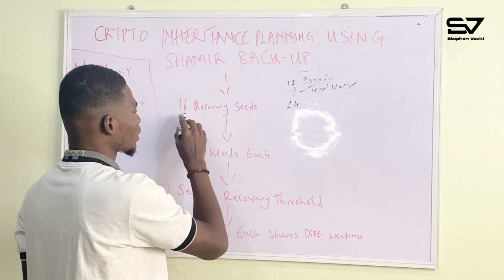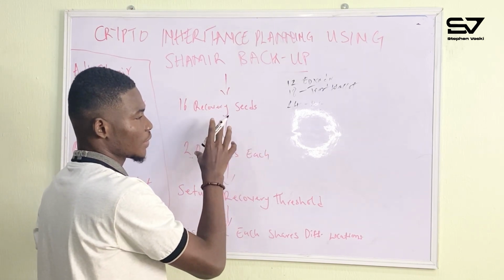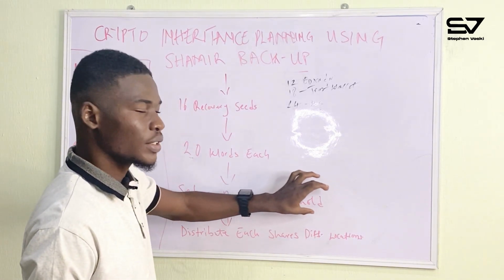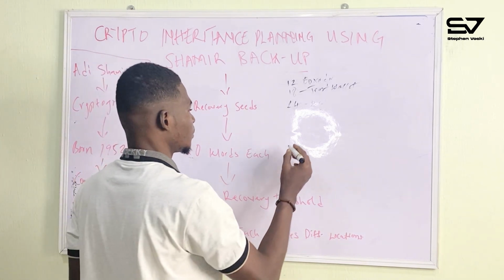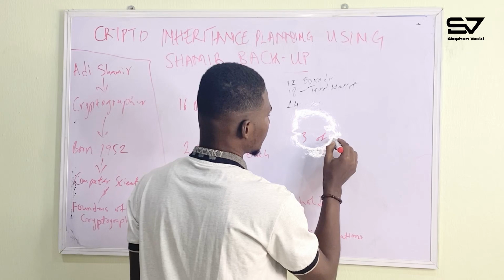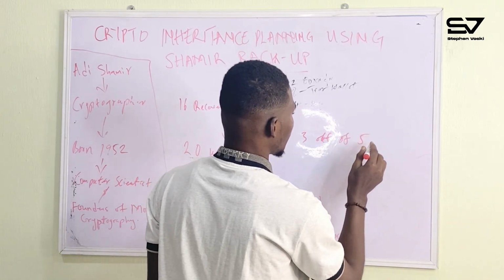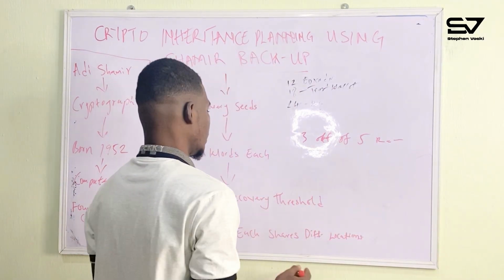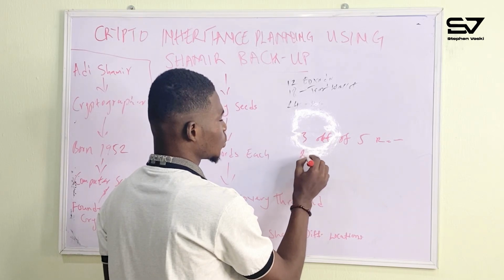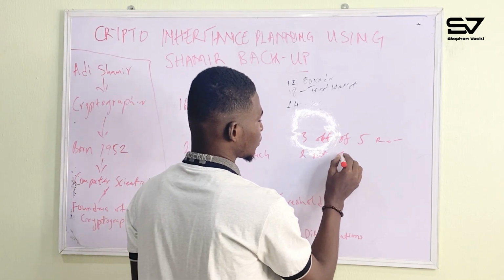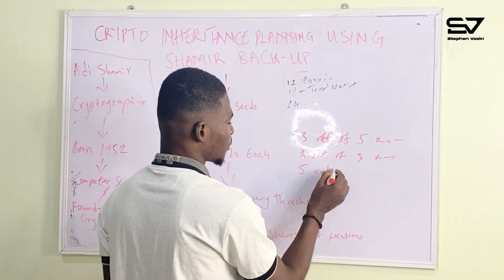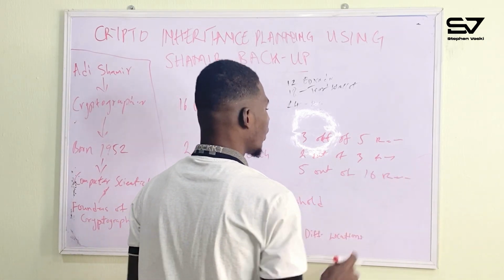Okay, you can create as much as 16 seed phrases of 20 words each. And then using these 16 seed phrases, you can set up a recovery threshold. Okay, let's say there is something called a three out of five recovery threshold. You can set a minimum of 2. Okay, it's a minimum of 2. You can set a minimum of 2 out of 3 recovery. All right, you can as well, if you like, set 5 out of 16 recovery. Now what this means is that